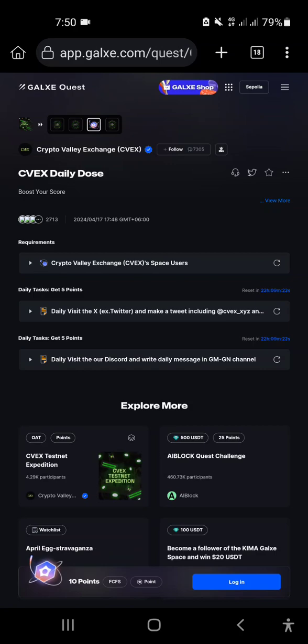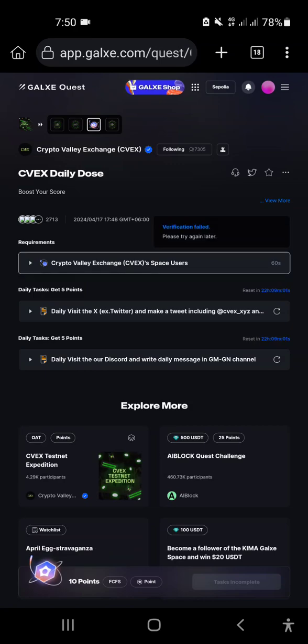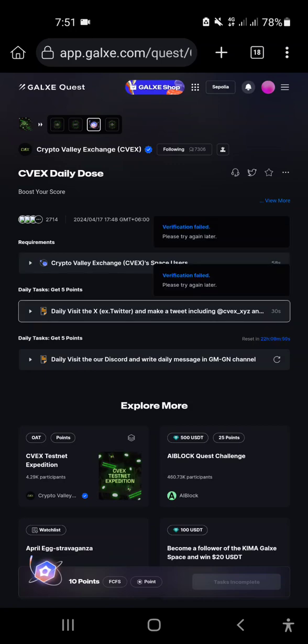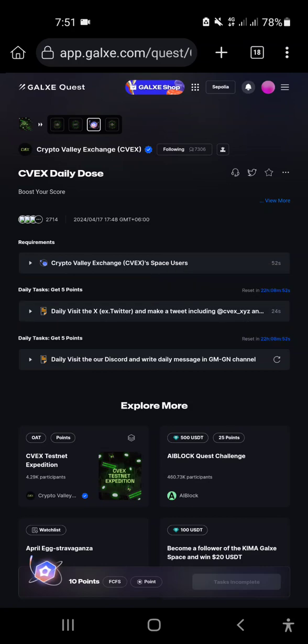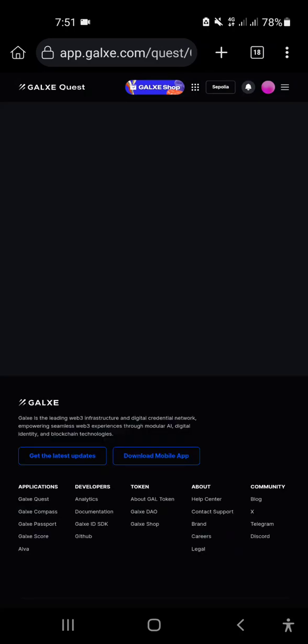their crypto value exchange on Galxe, their profile, and they provide a couple of Galxe tasks. You can join step by step, however many Galxe tasks they have, everything you need to join because you want to get something from them. I already did that and followed them on Twitter and Discord. Click on their account. Here are a couple of tasks they have.